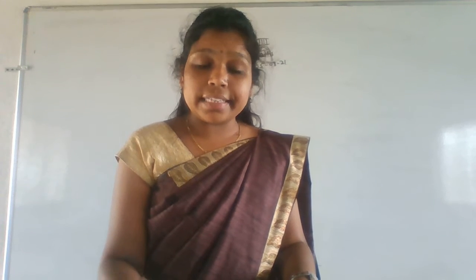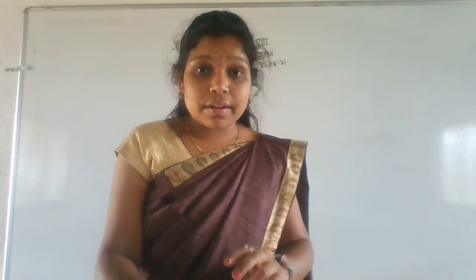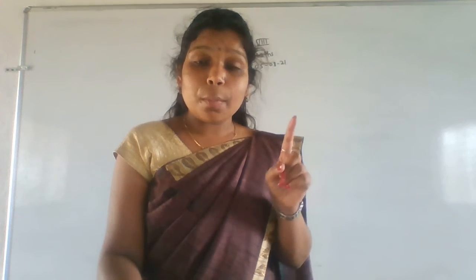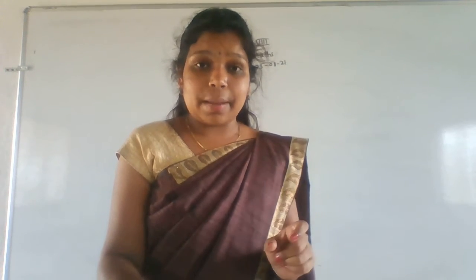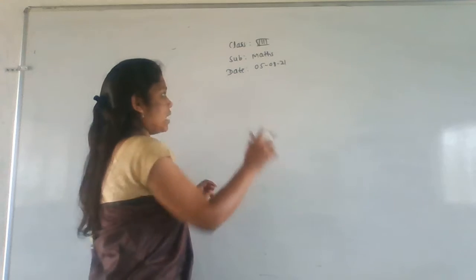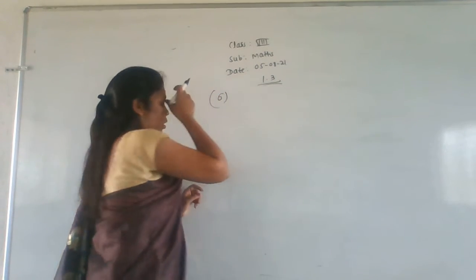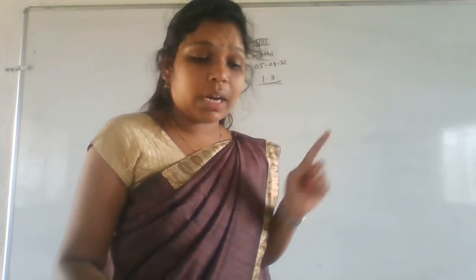That is 2 by 3 and 4 by 5 given. How to find the rational numbers in between two given rational numbers? The first thing is to make the denominator terms the same. So again I will solve the sixth main here. Some of you did it wrong, I checked that one. For that reason I am doing it again.